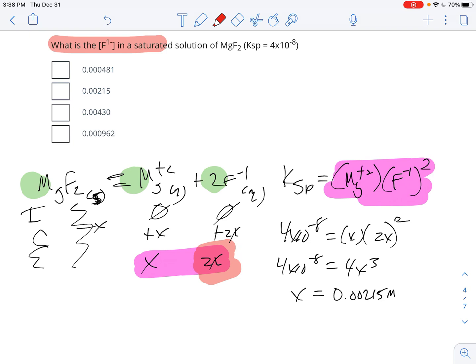So it's not 0.00215. It's actually twice that. So the correct answer is actually 0.00430, because X is 0.00215 and 2X is 0.00430. So just make sure that you are aware of what you are looking for in the problem. In so many of these things, X is not necessarily